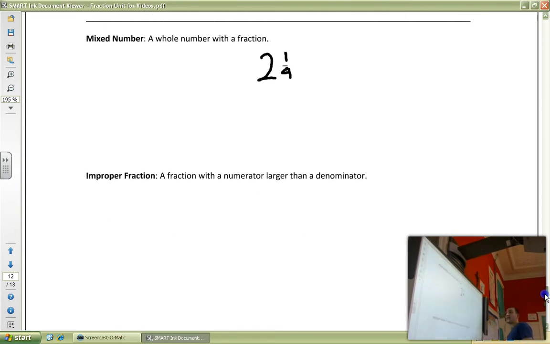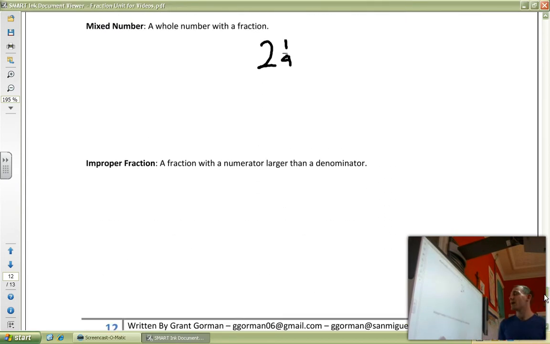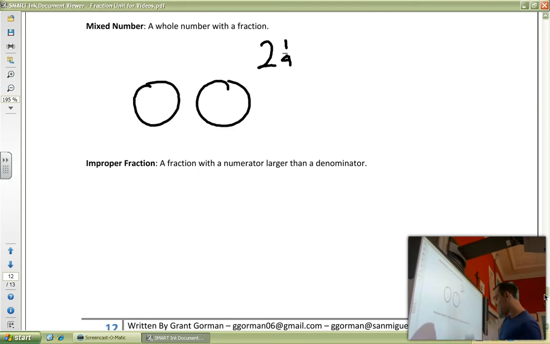Up here I've got a mixed number, a whole number with a fraction. A lot of the time, fractions can be parts of a whole or parts of a set. It's usually easiest to think of mixed numbers as a part of a whole, right? So if I have a whole number here, which is 2, it's like I have 2 whole pizzas. So I'm going to draw my 2 whole pizzas. I'm going to color them in. All right, here's my 2 whole pizzas. There's 1,